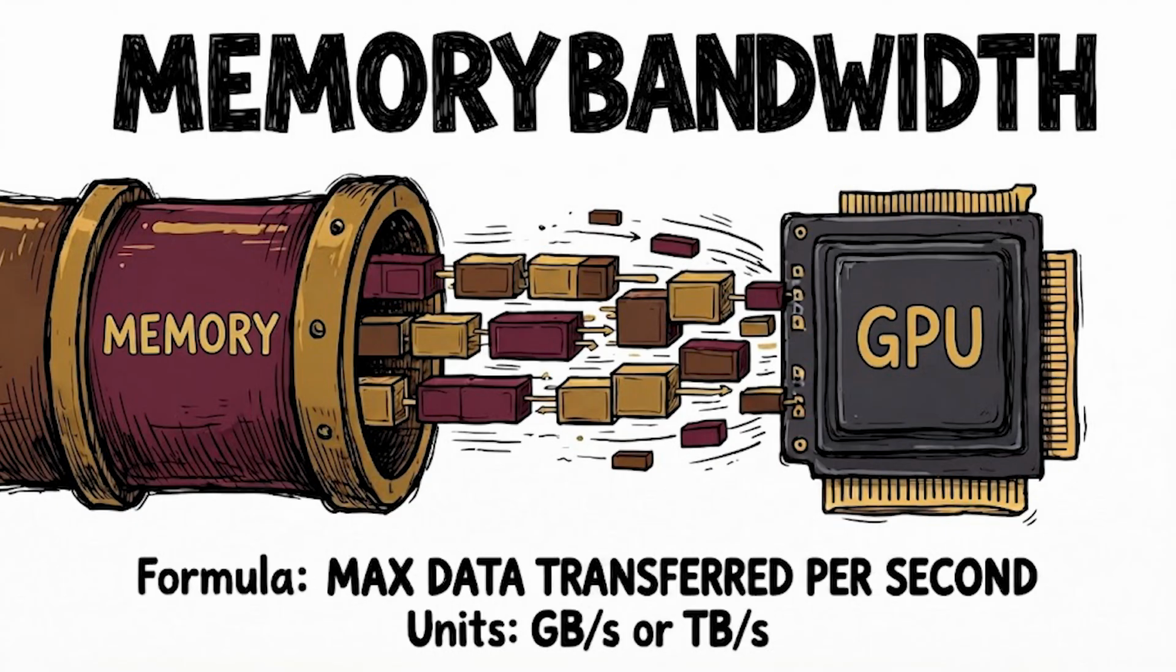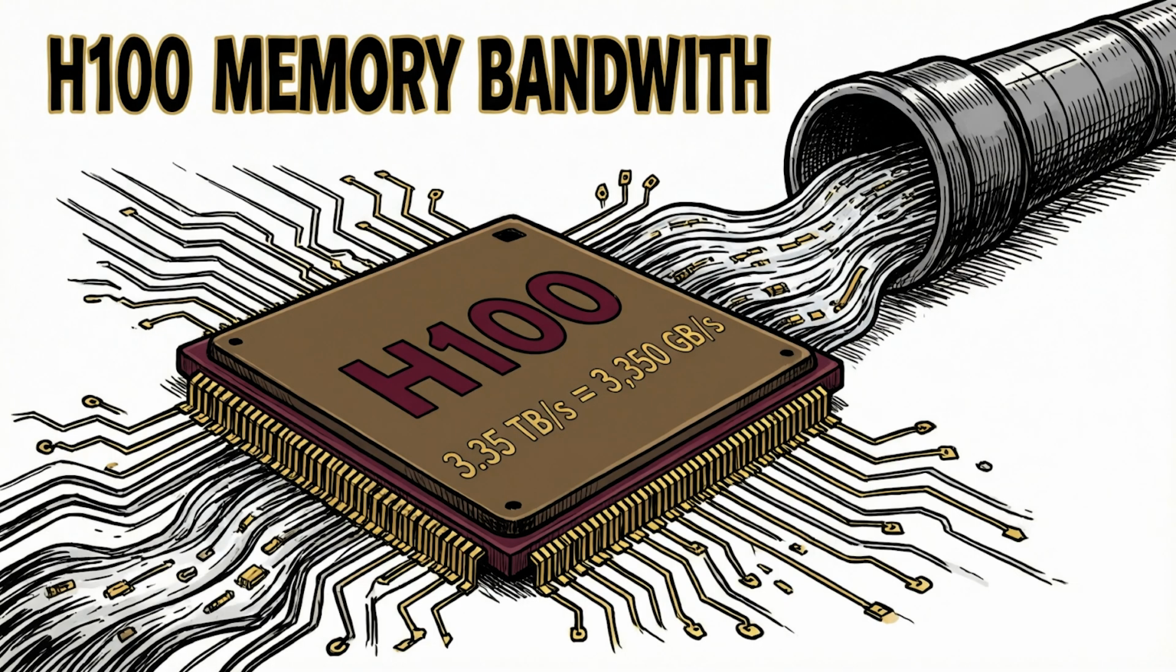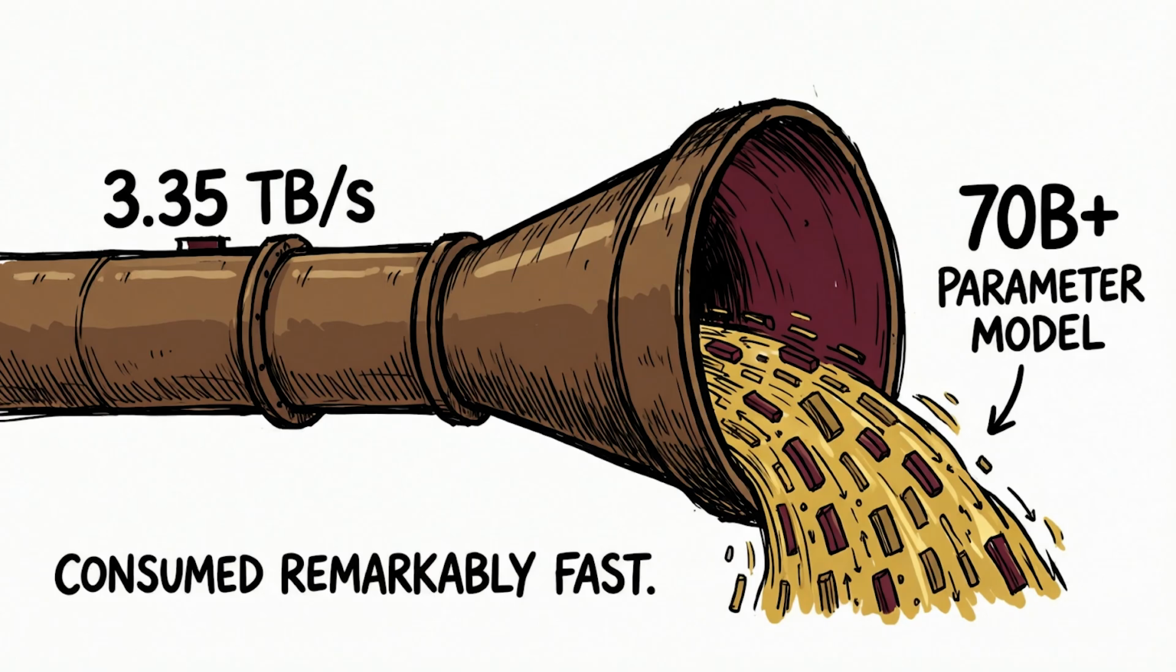It measures the maximum amount of data that can be transferred between memory and the processor every second. It is typically expressed in gigabytes or terabytes per second. NVIDIA's H100 GPU, for instance, can transfer approximately 3.35 terabytes of data every second. That sounds enormous, but when you are working with models containing tens or hundreds of billions of parameters, that bandwidth